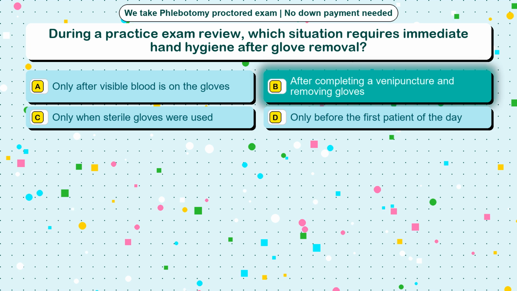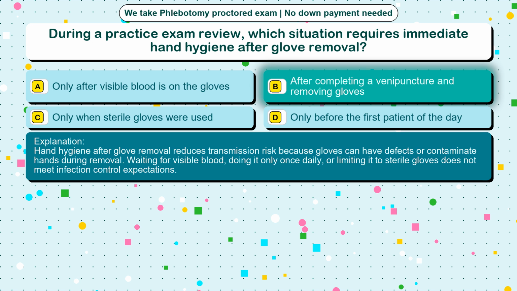The correct answer is option B. After completing a venipuncture and removing gloves. Hand hygiene after glove removal reduces transmission risk because gloves can have defects or contaminate hands during removal. Waiting for visible blood, doing it only once daily, or limiting it to sterile gloves does not meet infection control